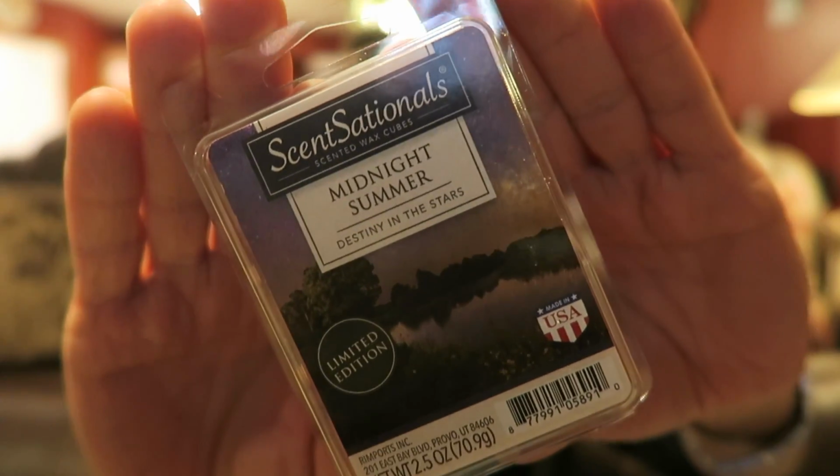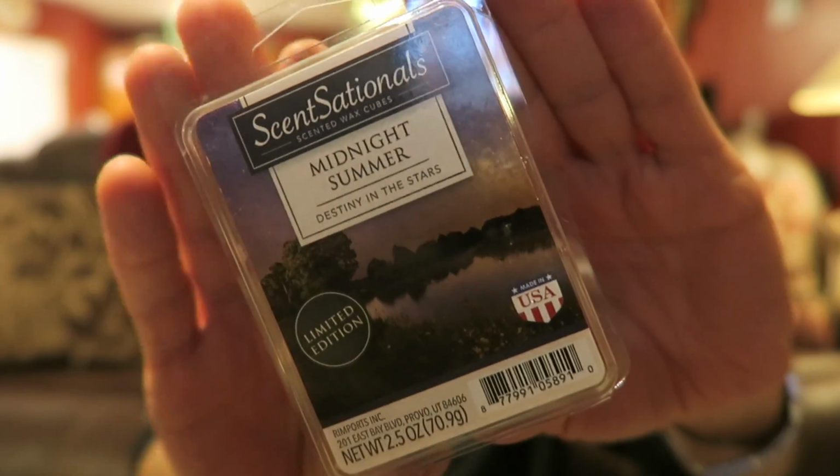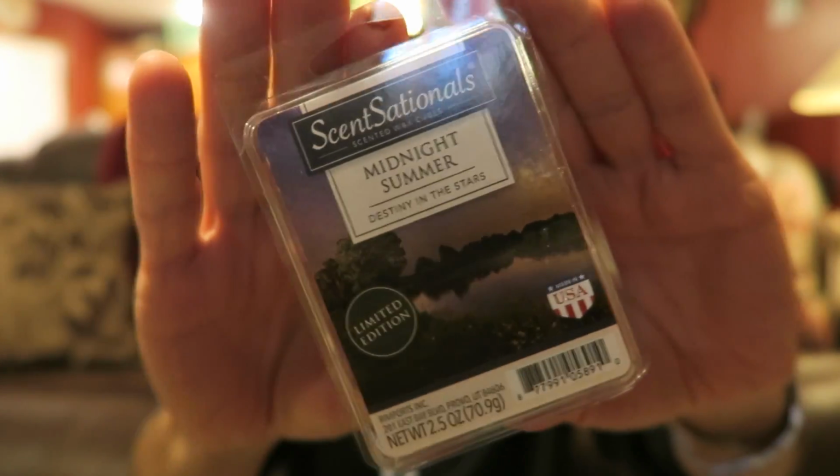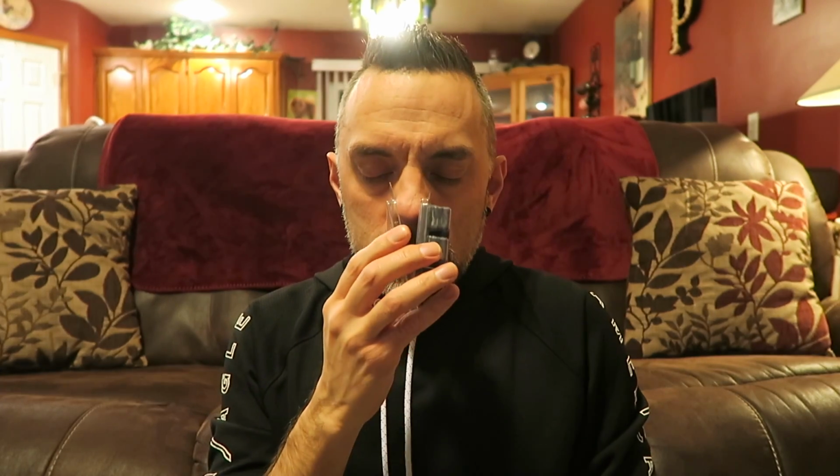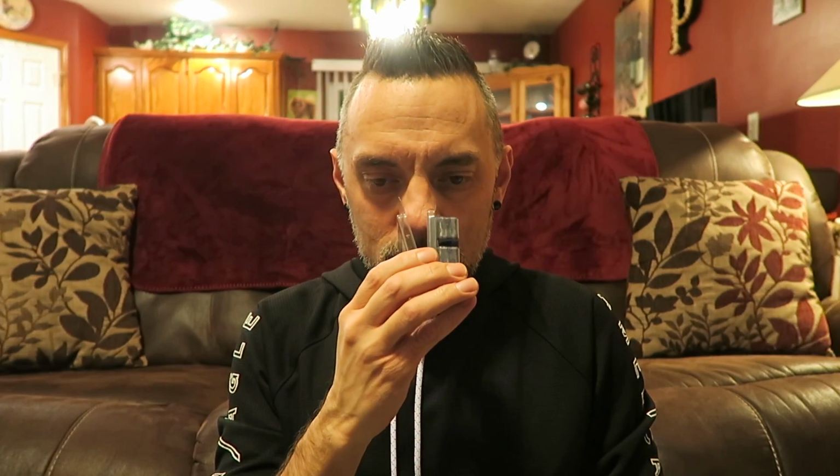And I don't remember these sensationals being out before. At least not this one and a couple others. I really like this one too. I really wish I had the scent notes because it doesn't give you anything. It just says Midnight Summer, so you would think it'd be kind of cologne-y, but